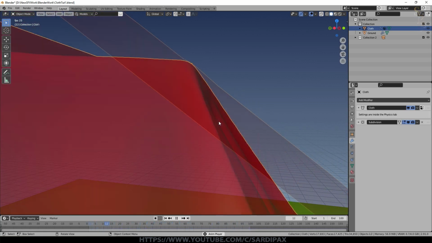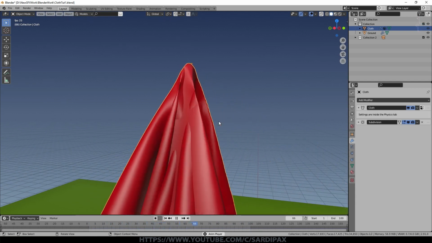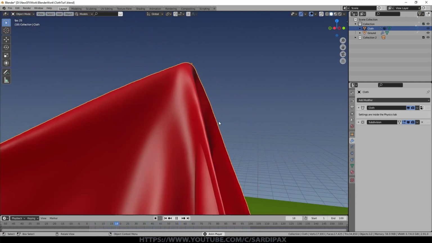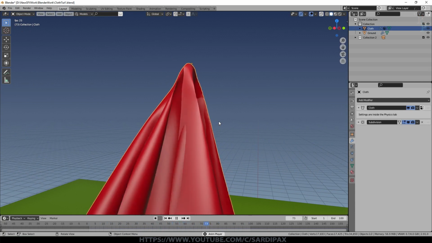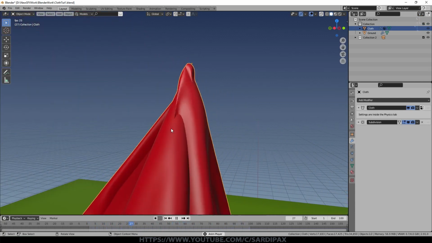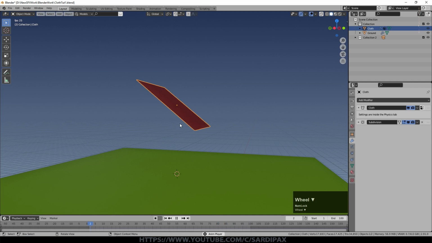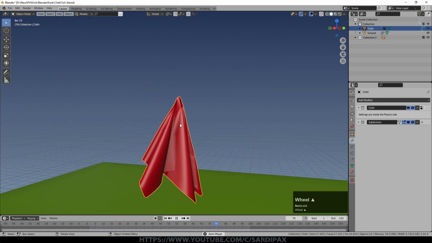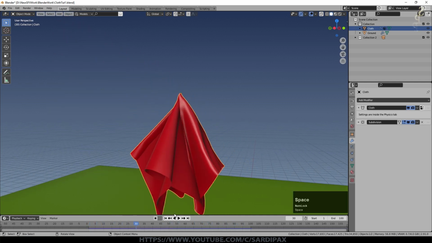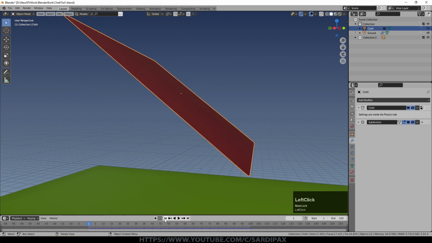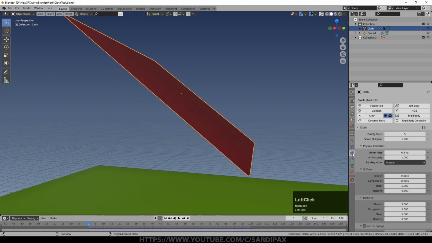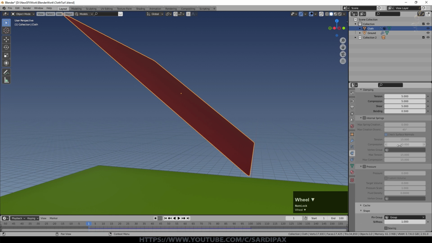Sometimes that's not going to be a problem. So if you have perhaps a pillow or something like that, you're not going to necessarily get occasions where you have what's called self-collisions. But with pieces of cloth like flags and things like that, you're much more likely to have self-collisions, and therefore you don't want it passing through itself. So if we go back to the cloth simulation and we scroll down, we've got an option